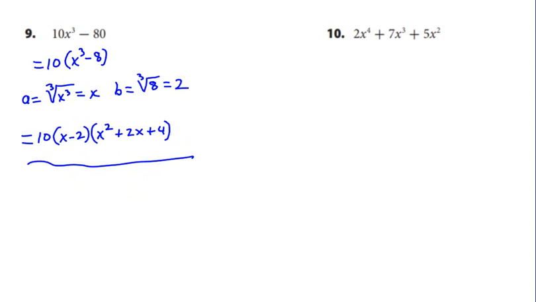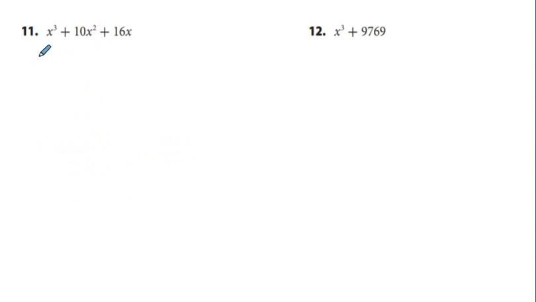Okay, next to the next odd number problem, we have 11, and for this we look for a greatest common factor. In this case we have x common to all three terms. We take out this x, so that's going to be x times the quantity x squared plus 10x plus 16, and then we have a quadratic trinomial we will attempt to factor,